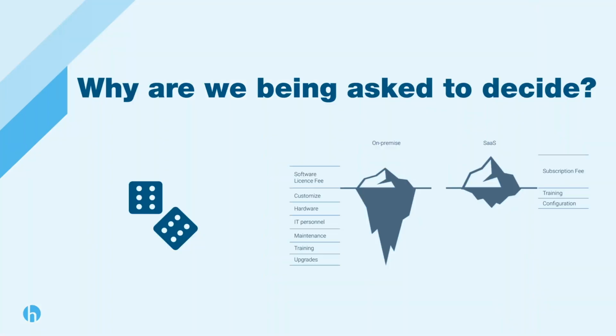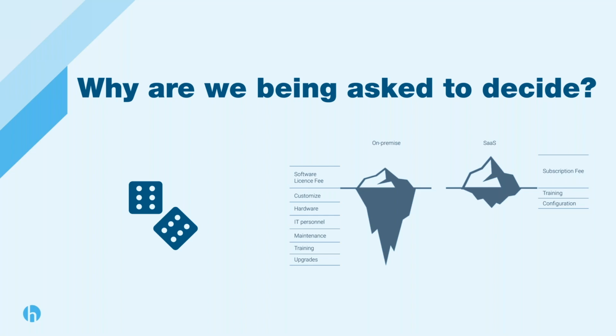So why are we being asked to decide how we're hosting, how we're deploying our applications? If you're being asked about that decision, you've probably seen an image like that iceberg image on the right. And obviously it's a great visualization for a common scenario, but not everybody's scenario, where costs for an on-premise type solution are being hidden. So that's one reason, assumptions around cost. There are assumptions or a reality around the ease of maintenance, depending on different deployment models. Performance and stability become considerations, and a big one is offloading risk, taking that off of your own shoulders in some cases.